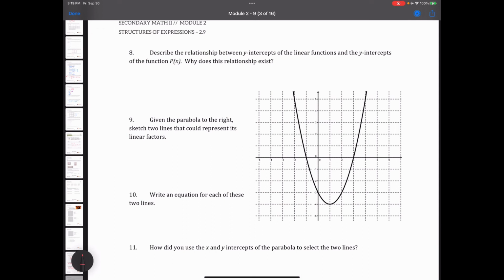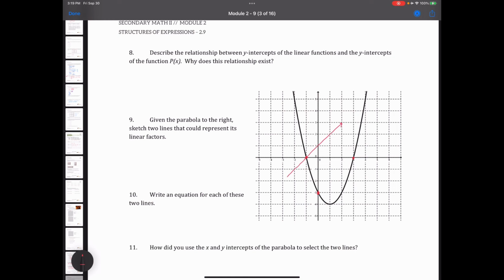Given the parabola to the right, sketch 2 lines that could represent its linear factors. So the things that we need to pay attention to are that the y-intercepts have to multiply to -3, and the x-intercepts have to cross at -1 and 3, right? So there are a couple of different things we could look at here. It could be a really simple line of just